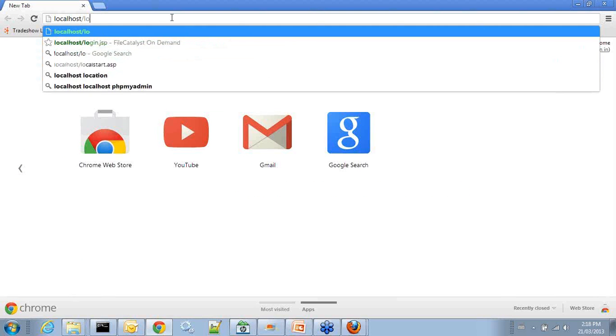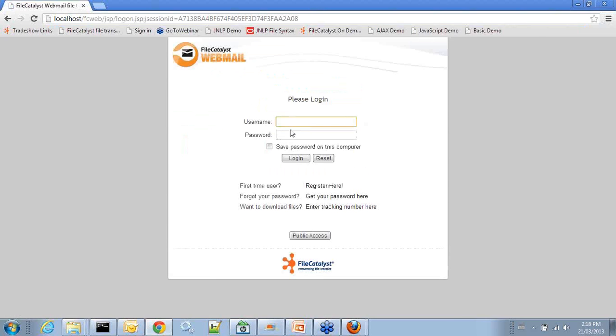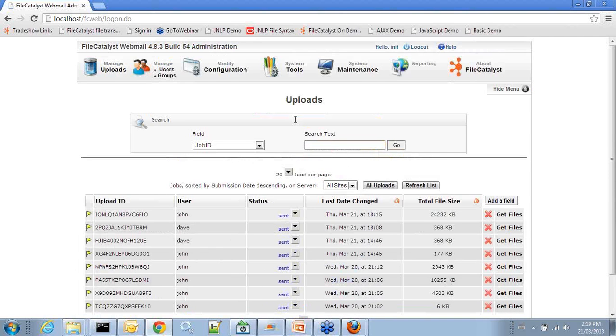So what I'm going to do here, I'm just going to go back to my system, and I'm going to log in now as administrator. So an administrator is a user that allows me to change everything in the system. There's two levels of administrators. I'm going to show you really the super administrator, but there's also a regular administrator that is not allowed to configure anything. They're allowed to review jobs, reset passwords, look at statistics, but they are not allowed to configure anything